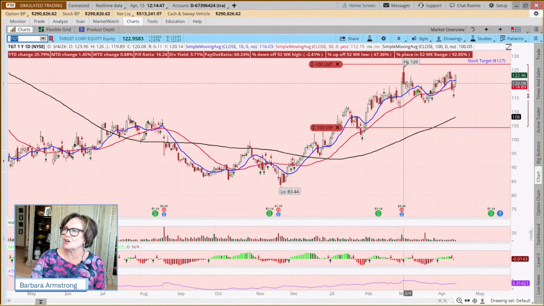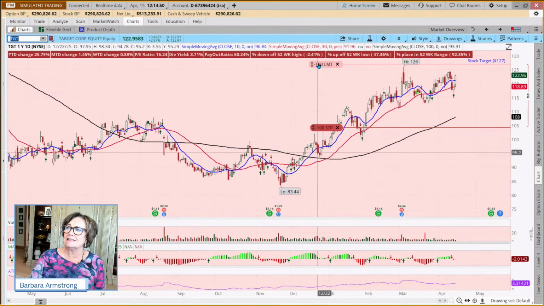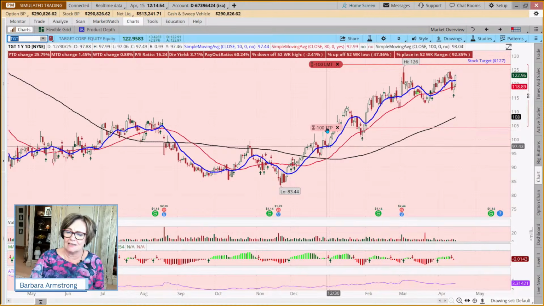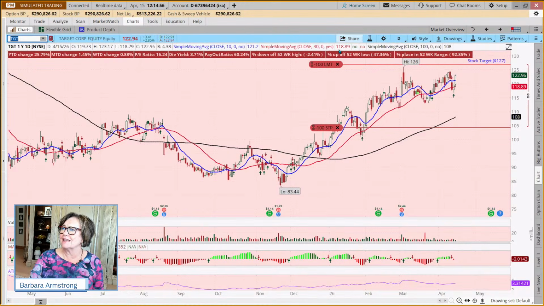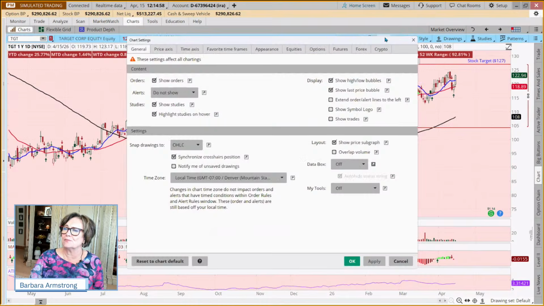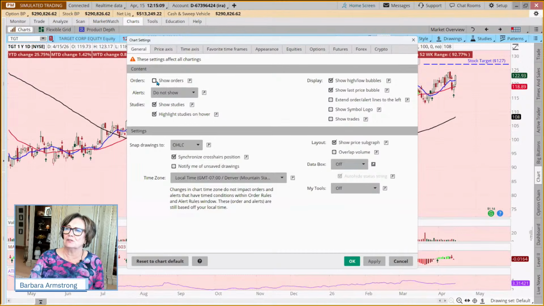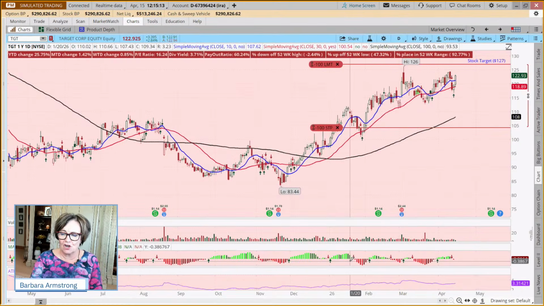I may have meant for that target to be 126, but this is showing on the chart where my target and my stop loss is. Like, what kind of magic is that? How did I do that? Well, you just come to your sprocket and say show orders. So you see, if I unclick that, then the orders aren't showing. And this is just a handy way to be able to check your stop loss orders if you're doing a weekly review of stock positions, to see where your stops are and should you move them up.